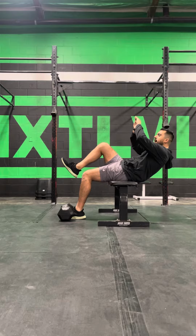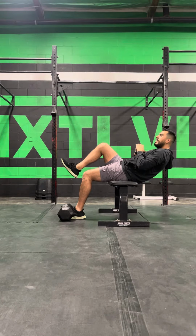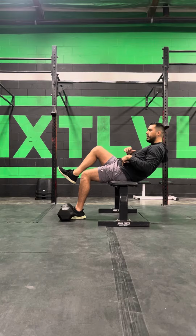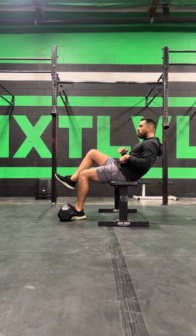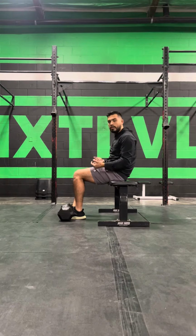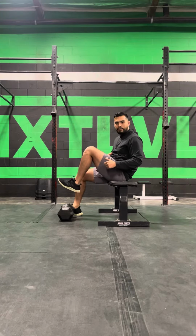If you want your hands higher, that's a little bit harder. If you want them towards your chest, that's a little bit easier. Then you're going to do a 5-second reversal. 5, 4, I'm pulling through my foot, using my hip flexor. 3, 2, 1. So as I'm coming up, I'm pulling through the weight to actively do a hip flexion raise, but